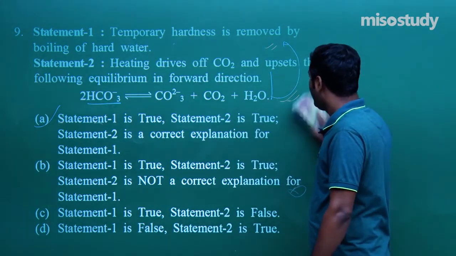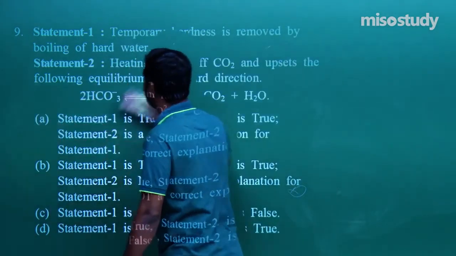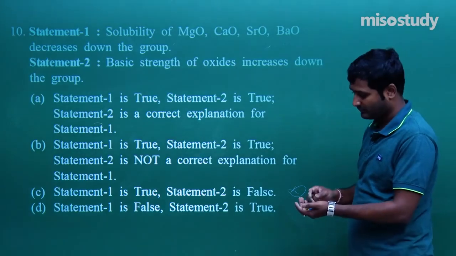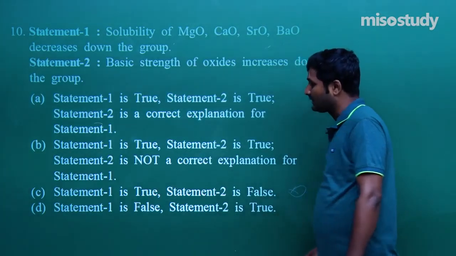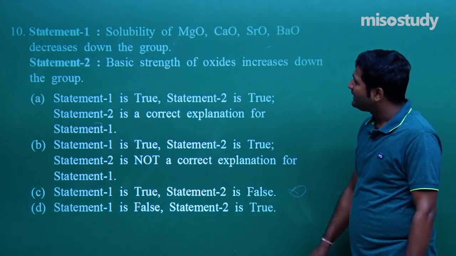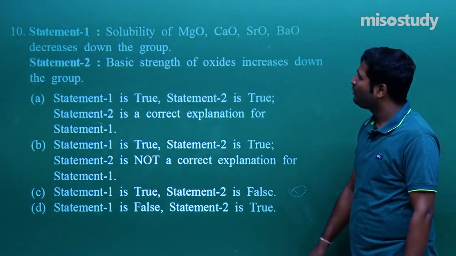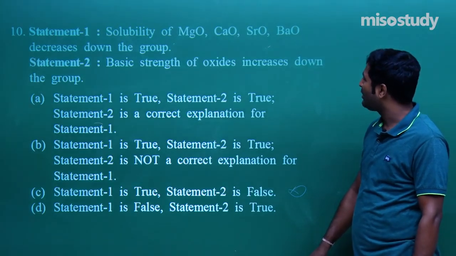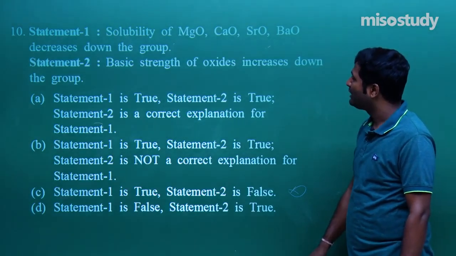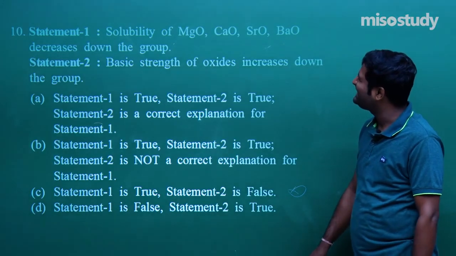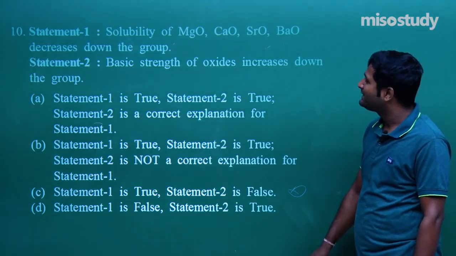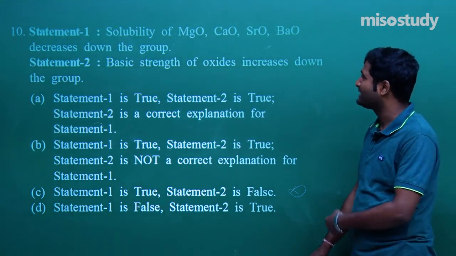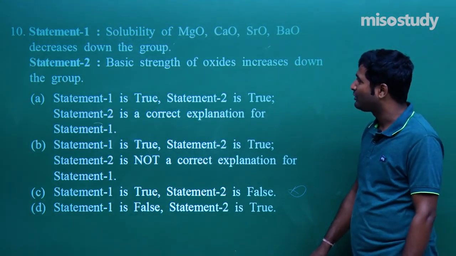Now I am going to rub this part and we will discuss the next question. Solubility of MgO, CaO, SrO, BaO decreases down the group. Basic strength of oxide increases down the group. Solubility of MgO, CaO, SrO decreases down the group? No, solubility increases down the group, as I discussed, because they form hydroxides,